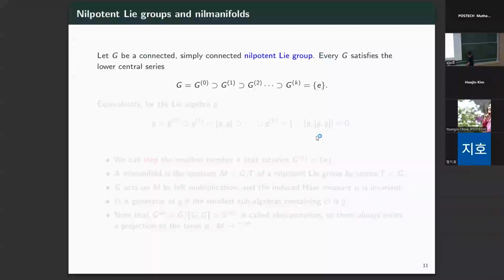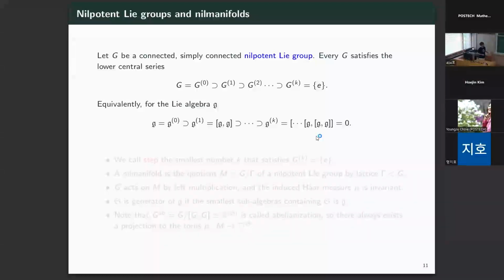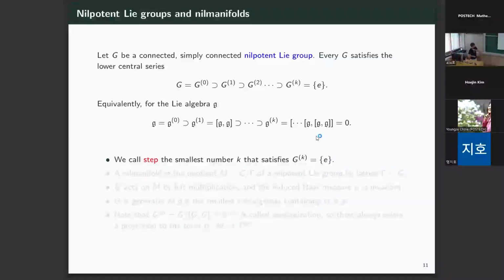And we also write G of K, the same thing, but G is inside of K. G of K minus 1, H is in just G. So you can see G of K is just iterating the same structure. And equivalently for the Lie algebra, we have also iteration. So we call K the step, and step means K is the smallest number that satisfies G of K